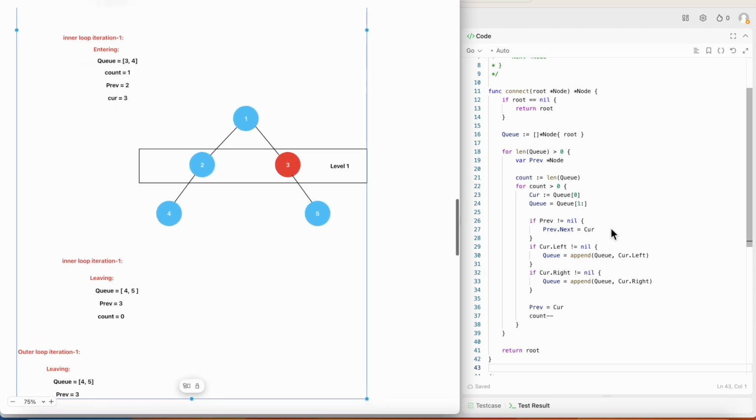Then we check whether there is a left child present for the node 3. There is no left child, so we are not adding the left child to the queue, but there is a right child present for this node, which is 5, so we add 5 to the queue. So when we leave the iteration 1, we have 4 and 5 in the queue, and the previous is